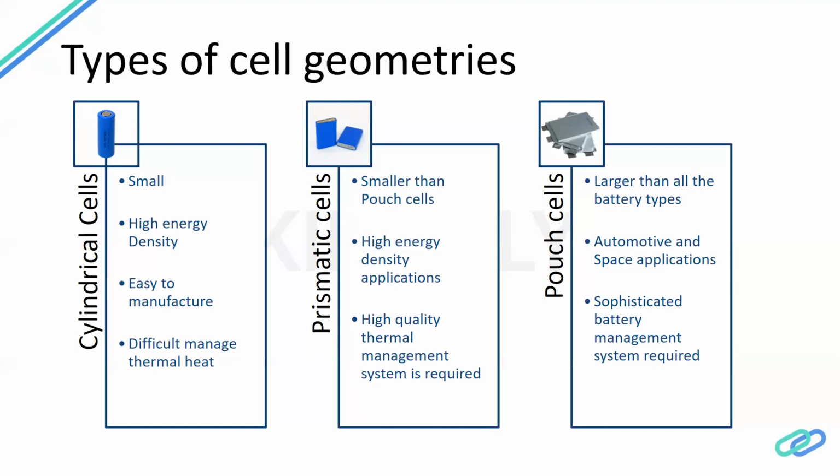Now, cylindrical cells are very easy to manufacture. The problem with pouch cells and prismatic cells is that you have to have a particular defined geometry. You have to arrange every component in such a way that the thickness should not increase. The easy thing is, all you have to do is spiral the components and make a cylinder in cylindrical cells. So they are very easy to manufacture.